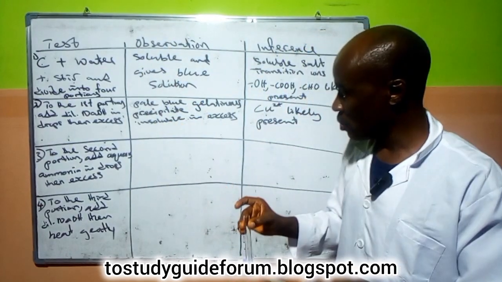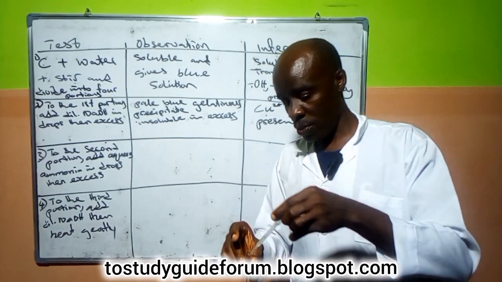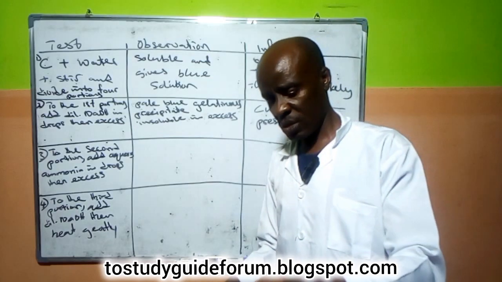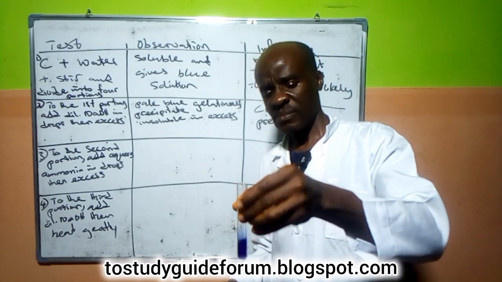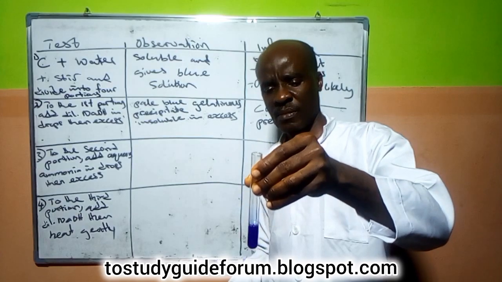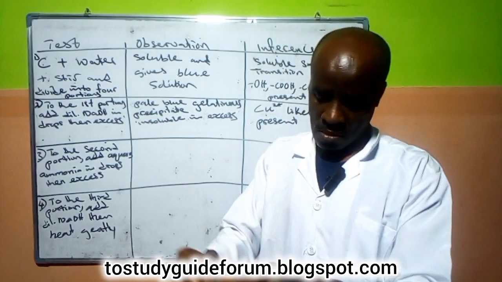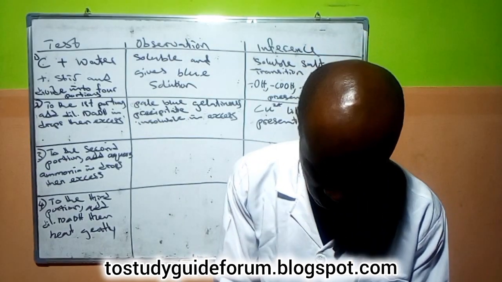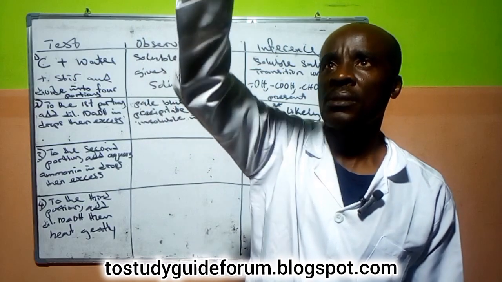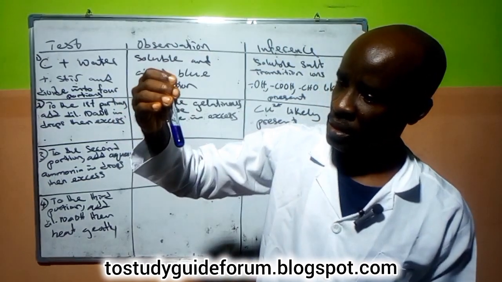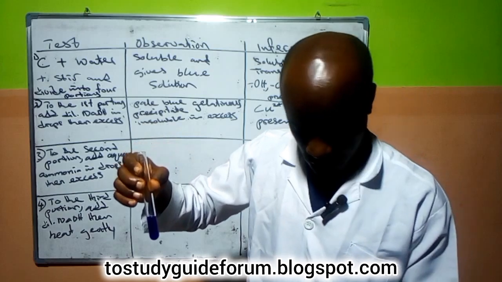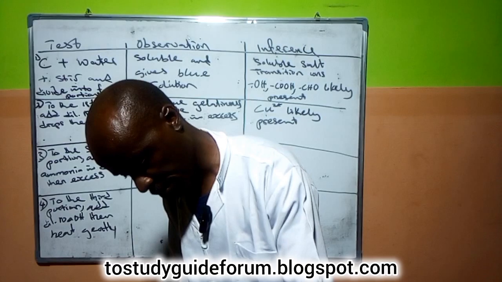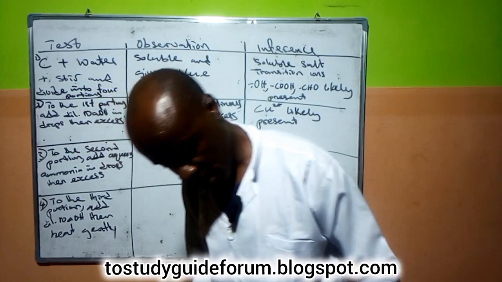So now we're going to be adding in excess. We know that it's insoluble. Let's add in excess and see what we have. By adding in excess, notice that we have a deep blue solution. You can see that it's deep blue coloration. That gives us what? This is peculiar. This is a peculiar test for